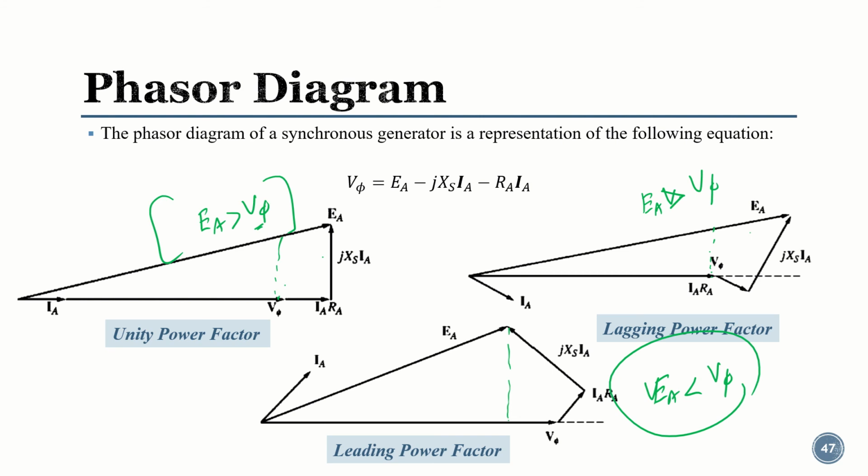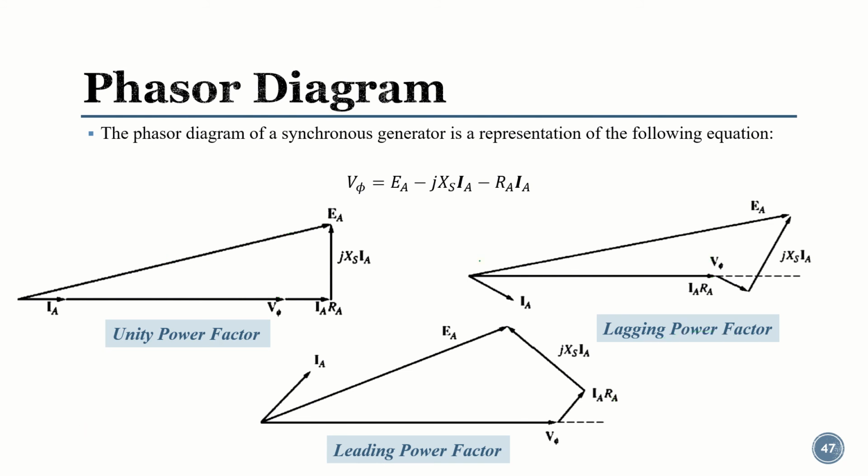Now here let's assume one thing: if the reactance is 0, for example, or let's say the resistive drop is very small, then this term will be gone, and this will start from this end. So that will be the revised case if the resistive drop is very small. So, just another version.